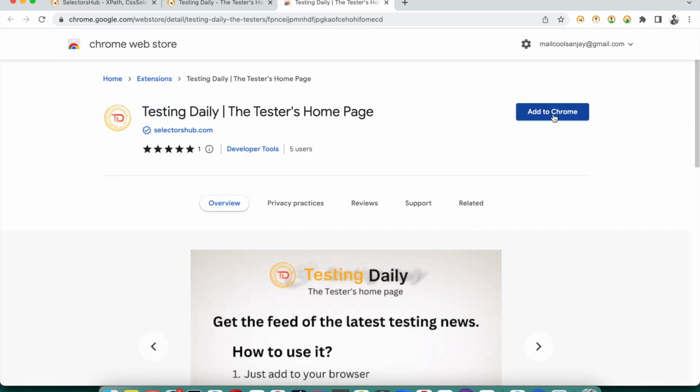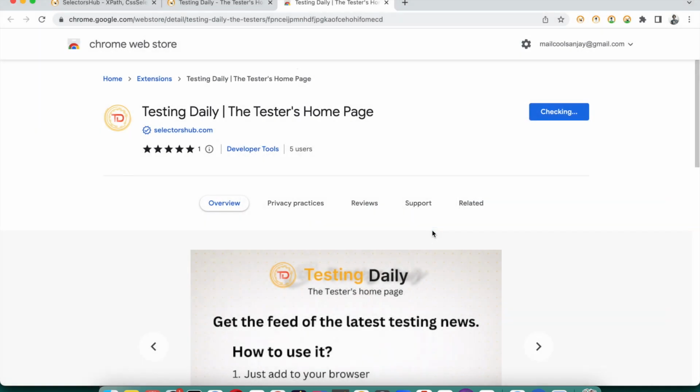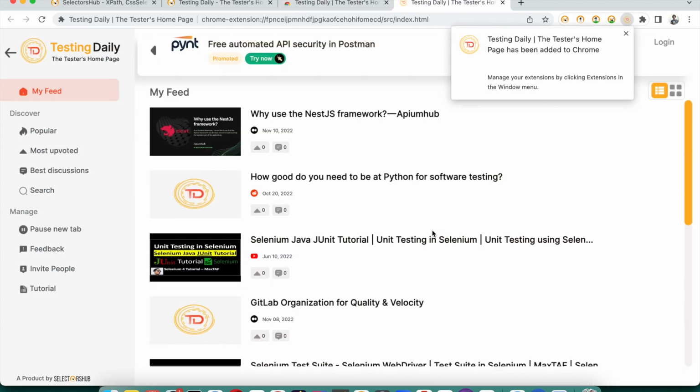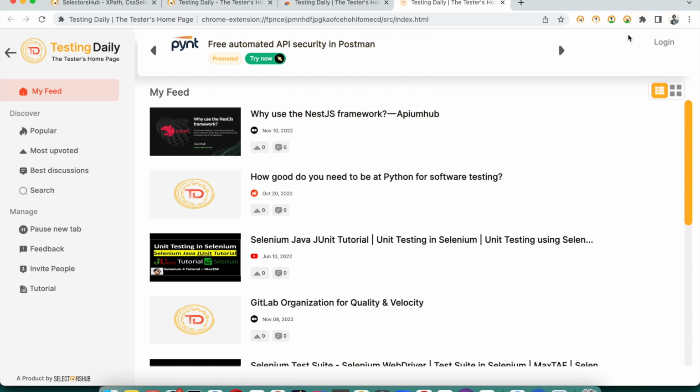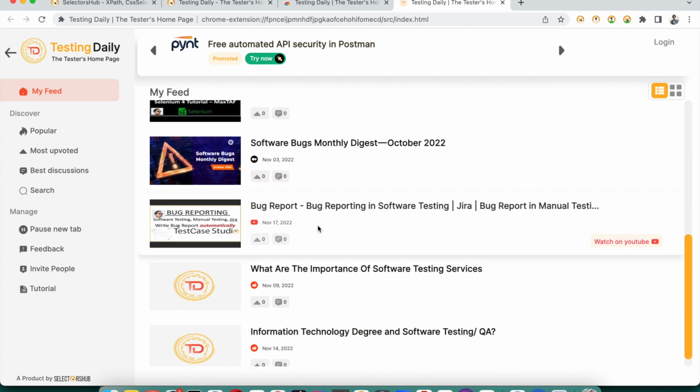Here you have to click on Add to Chrome, and then it will open this pop-up, Add extension, and it might open one more pop-up where it will ask you to keep it or change your feed. Just click on Keep it. Now you can click on this, and you see that all the testing related information is coming in